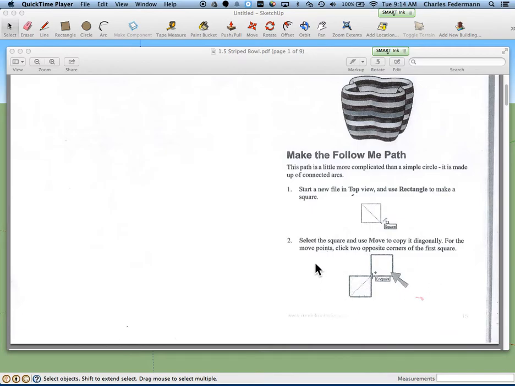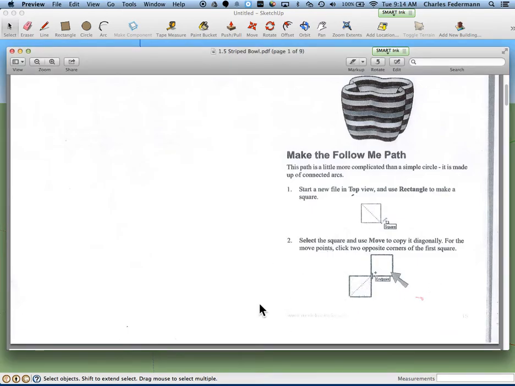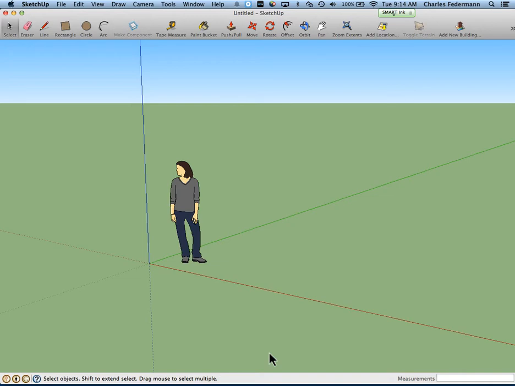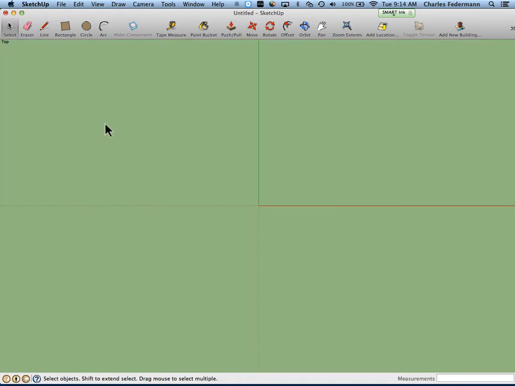So what I'm going to do is switch back and forth between the instructions here and my SketchUp document here. So I'm going to select the person and take the person out. I'm going to switch to the top view. I'm pressing the shortcut key in the corner. It says top view. Selecting the rectangle, starting at the origin, clicking and dragging, coming down to the corner here,